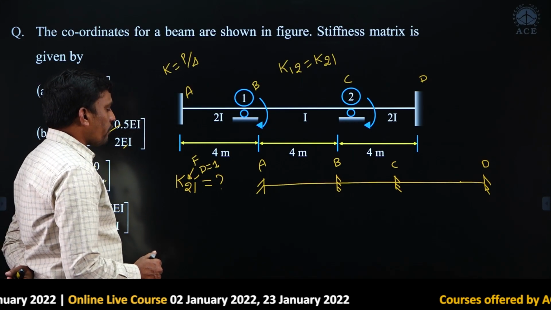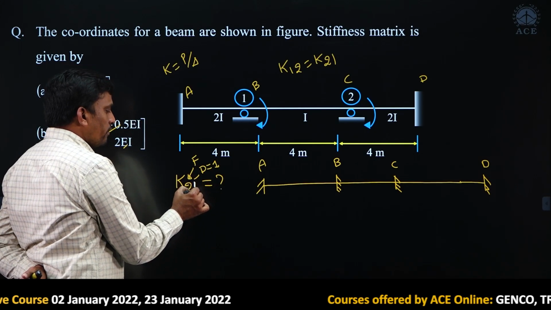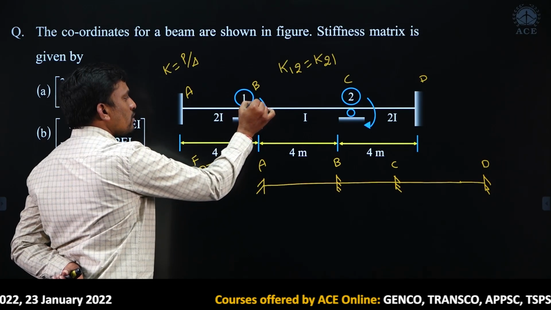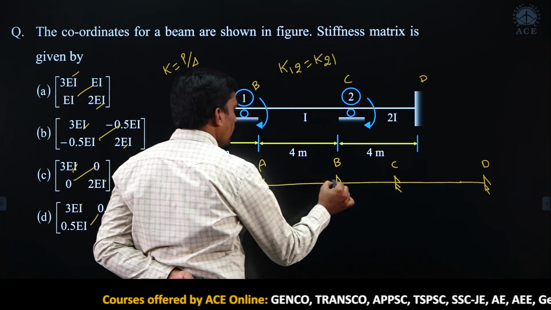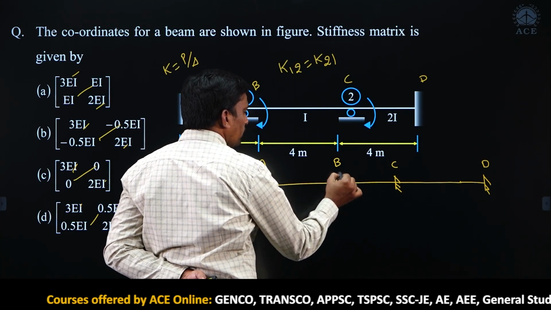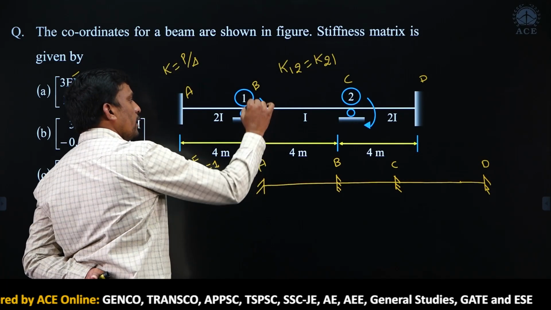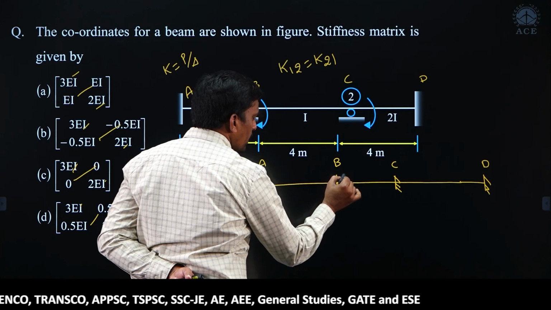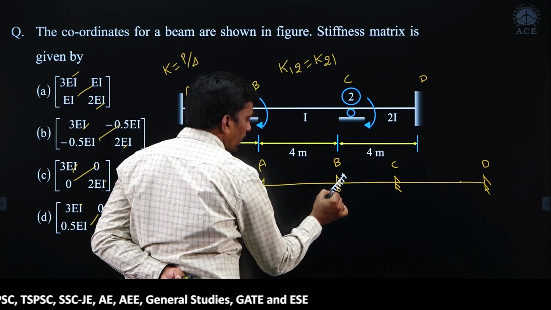Then which degree of freedom do we have to release? We have to apply unit displacement at coordinate 1, okay. Which one is coordinate 1? Coordinate 1 is rotation at B, then release the rotation at B. It means this is free to rotate, clockwise rotation or anti-clockwise rotation. If given this is clockwise, then this is free to rotate in clockwise direction. It means we are releasing the rotation only at support B.